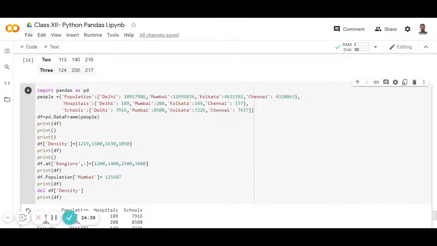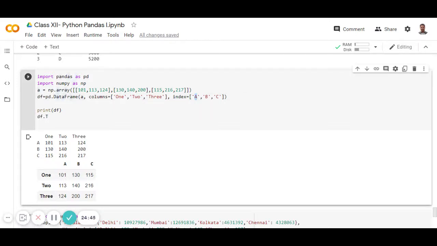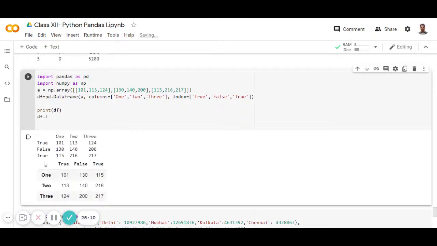Like we have given here, you can see the index a b c d, and you can give true false here, so it will change to true false. You can change this index with true false, so it is named boolean indexing. You can see that a b c will be replaced by true false, true false. This is called boolean indexing. Okay, so you can do that.